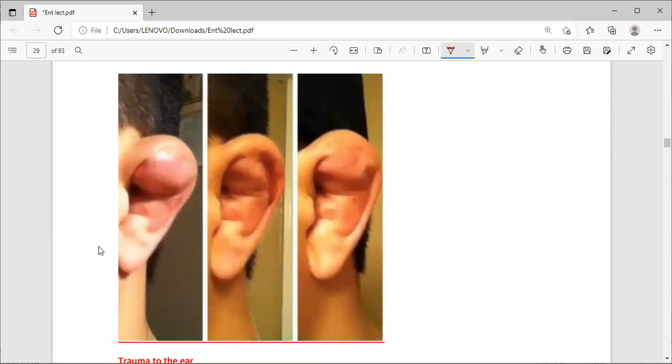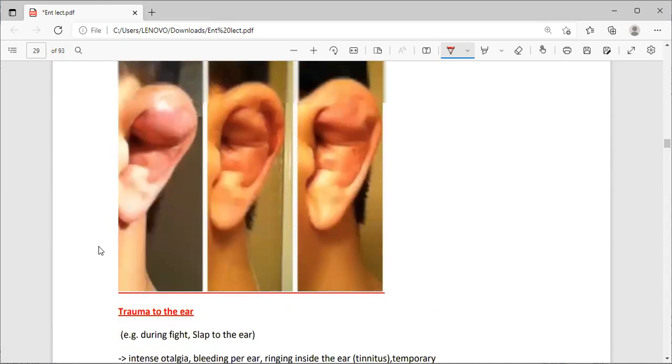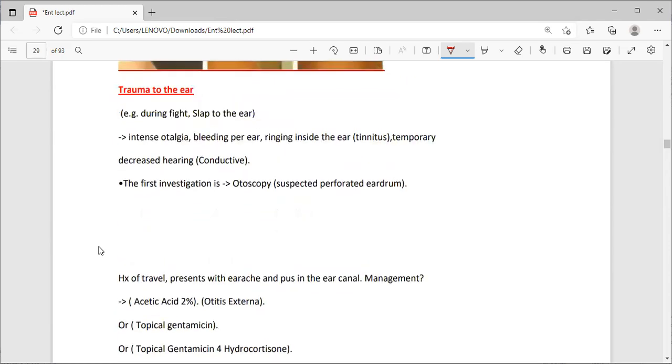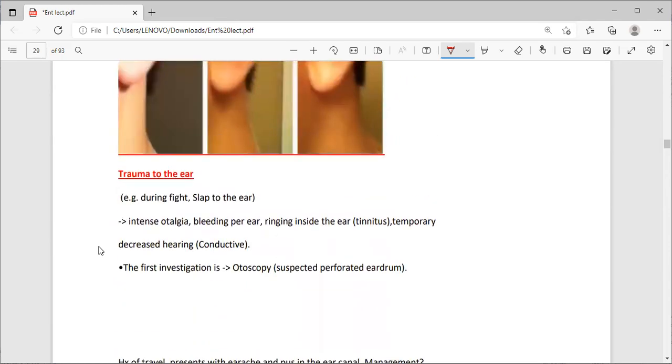Okay, one thing more. Now this is trauma to the ear. Trauma to the ear means